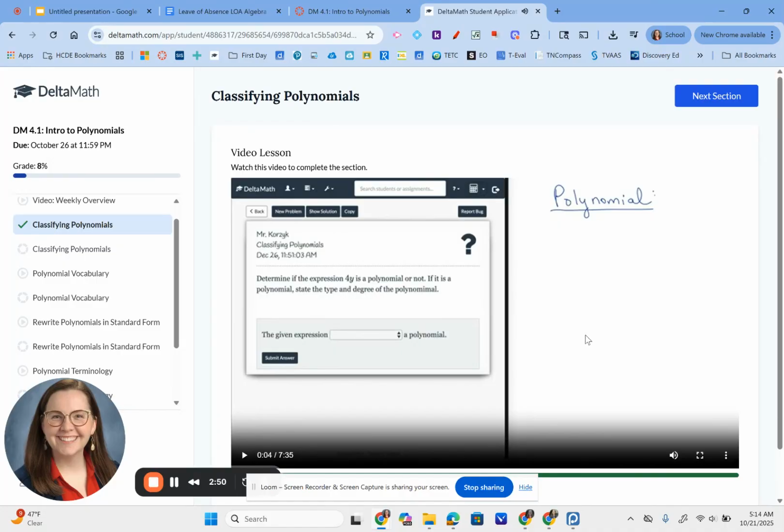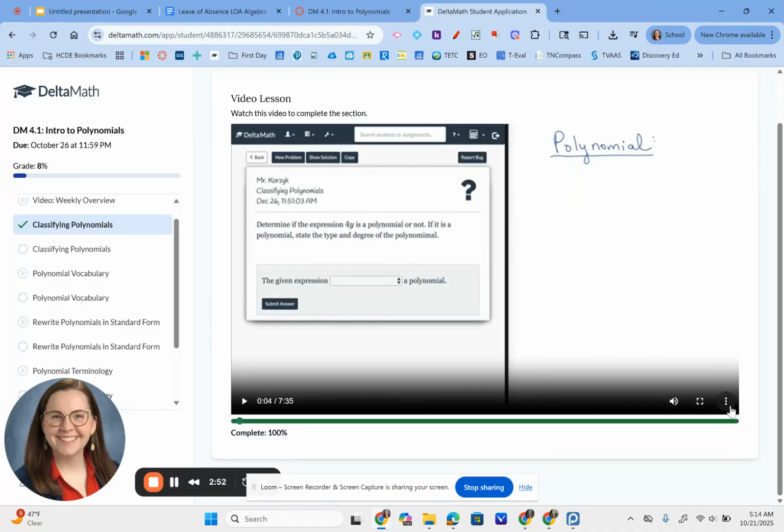Okay, so again, you can watch it on your own. I do want to highlight a few features over here under more options. If you're someone that would benefit from or want closed captioning, that's an option. And also playback speed is an option as well if you want to speed him up, slow him down, whatever it might be. You do need to watch the whole thing and it keeps track of what you watch. You can obviously pause, go back, just drag the little dot forward or backward wherever you need to rewatch.